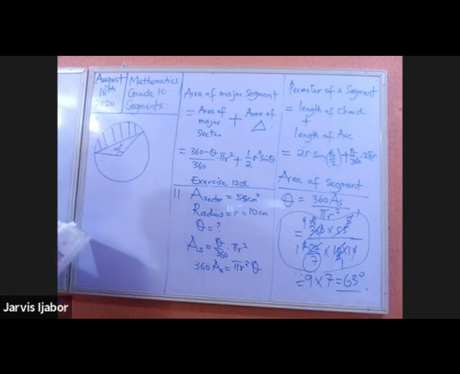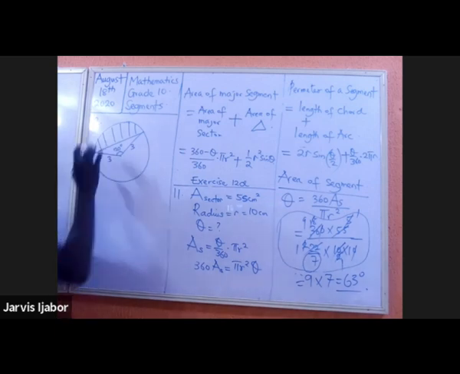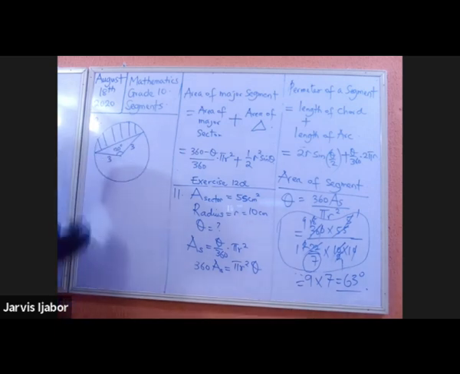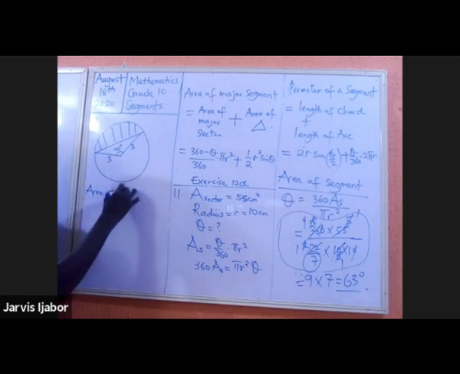The angle is 120 degrees. This is 3, this is 3. Now, what we have in the shade is the minor segment. So the area of the segment will be equal to